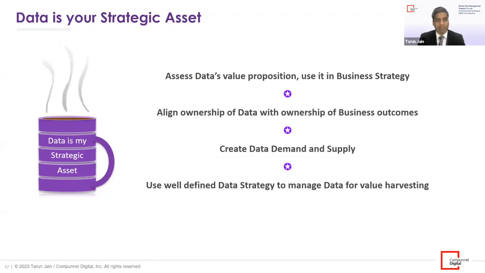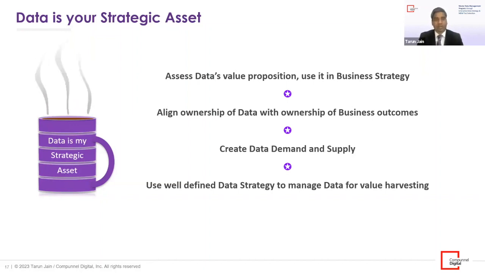Now, typically, businesses arrive at, I need this data, what's the best way to get this data? And they assume the data quality for that data. However, in most cases, data quality is never a given. It's the biggest challenge in terms of using data for business practices. And that's where, if you align the ownership of data with the ownership of business outcome, you can essentially ensure that in order to improve business outcome, the data will get improved, right?